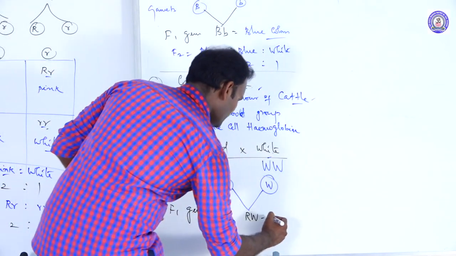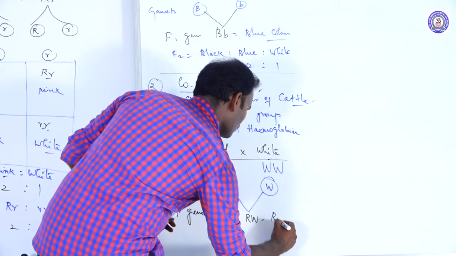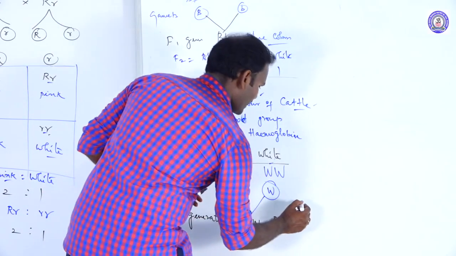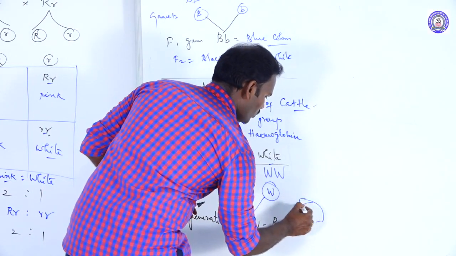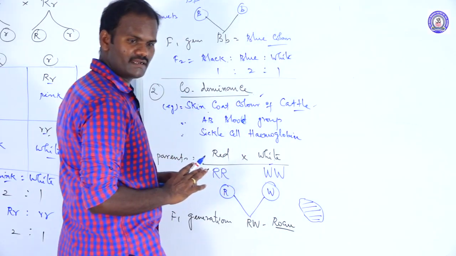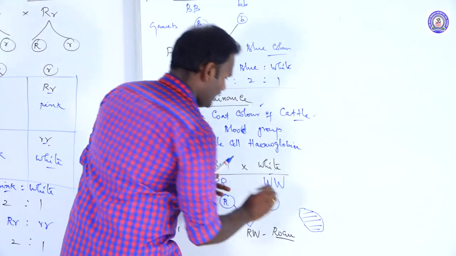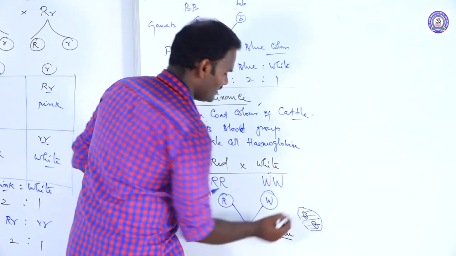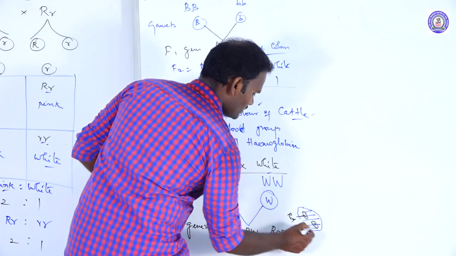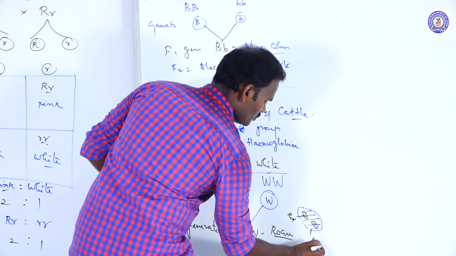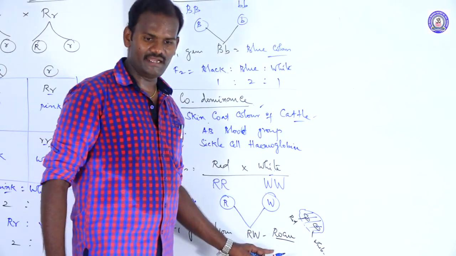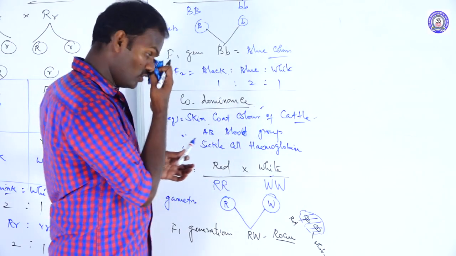But it is a roan color variety. Roan. Then what is called roan color? The skin color of the cat is actually white, with small patches of red. So it is a red color and a white color. Both the parental characters are able to express in the F1. These are called roan varieties. Roan color is also called roan variety.